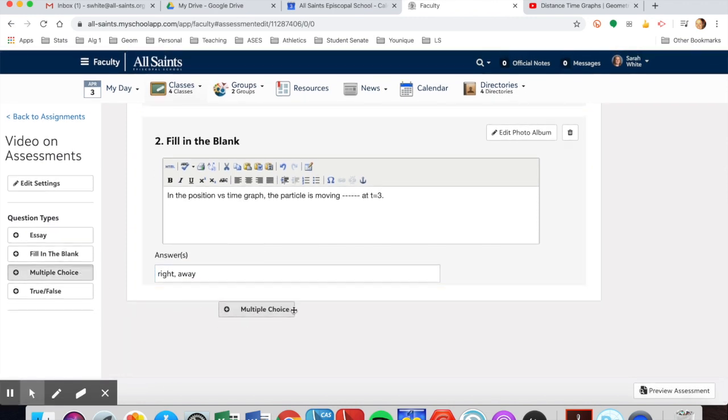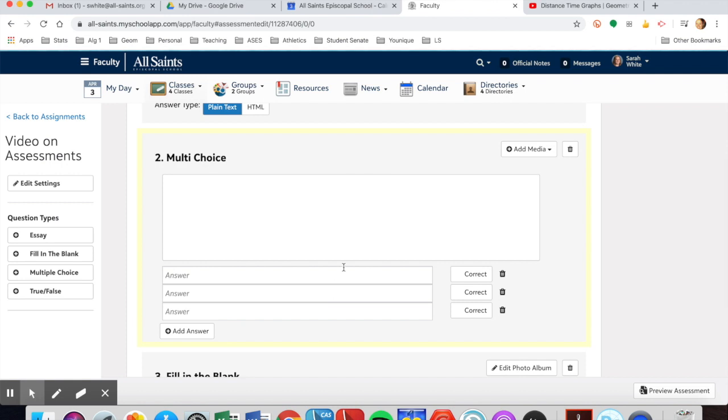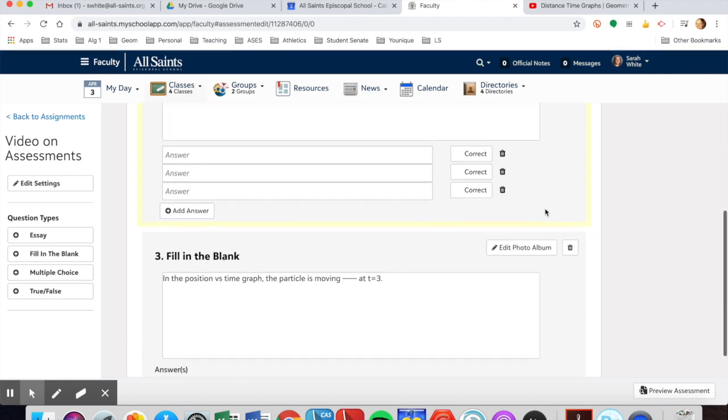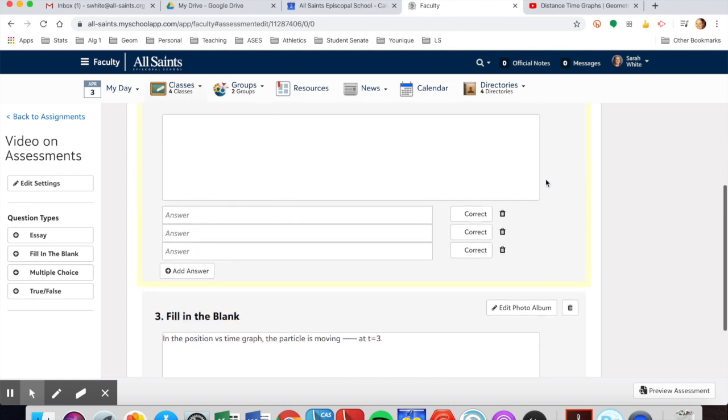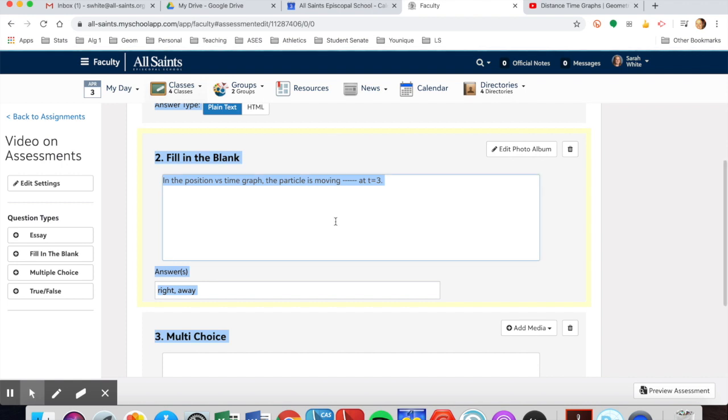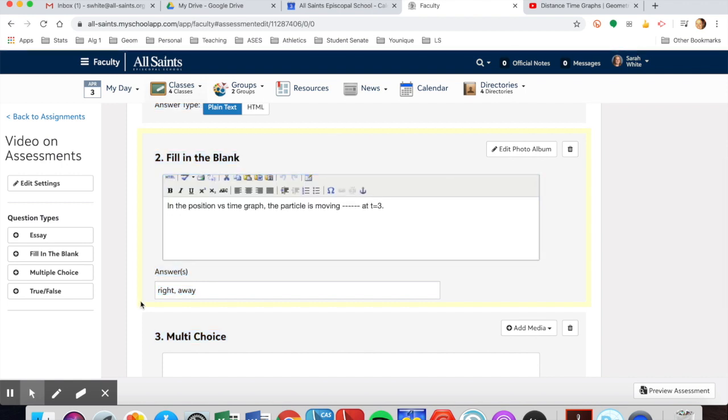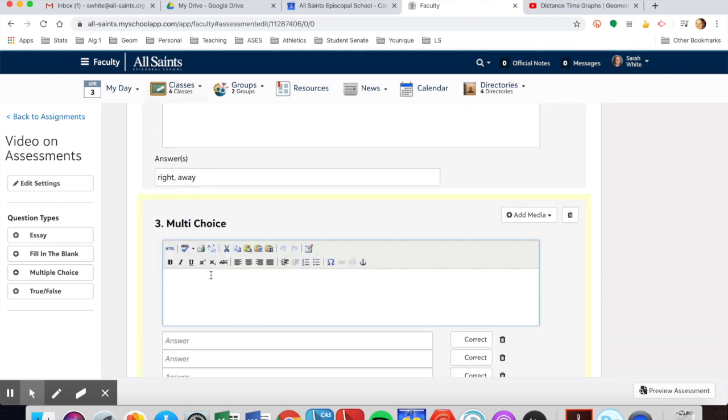Then we have multiple choice. So multiple choice, as you see here, it kind of went in as question 2. You can always drag it up or down to reorganize them. So for multiple choice, you can fill in whatever the prompt is. It's White's favorite color is